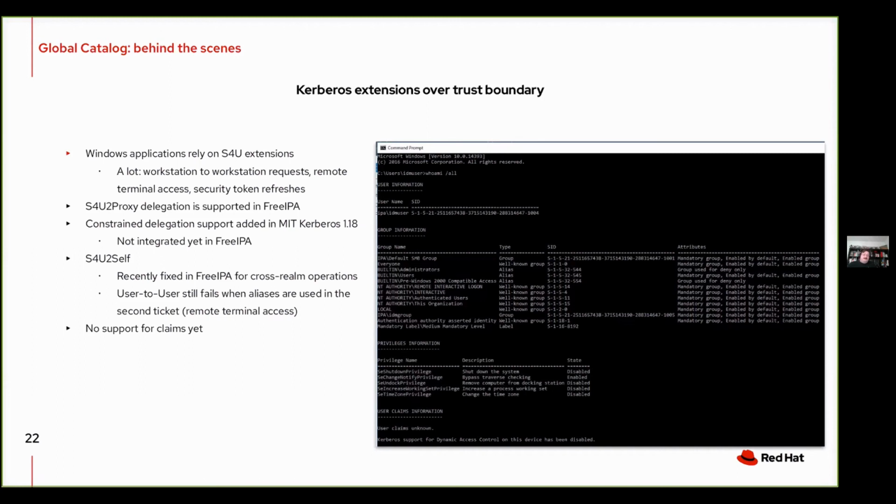So if we fix this in MIT Kerberos, we fix this for IPA and also for Samba AD. And there is no support for claims, which wasn't really coming up for quite some years. Maybe some of the complex interactions with Azure and Active Directory might get this in. So next slide.